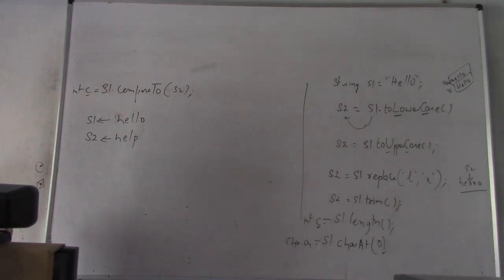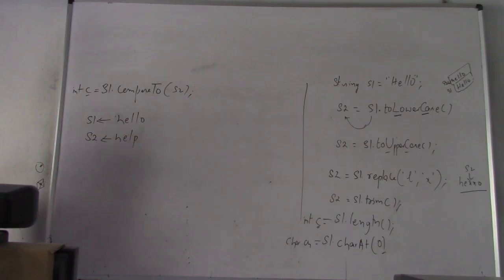Now I am explaining. String comparison gives the difference between the ASCII